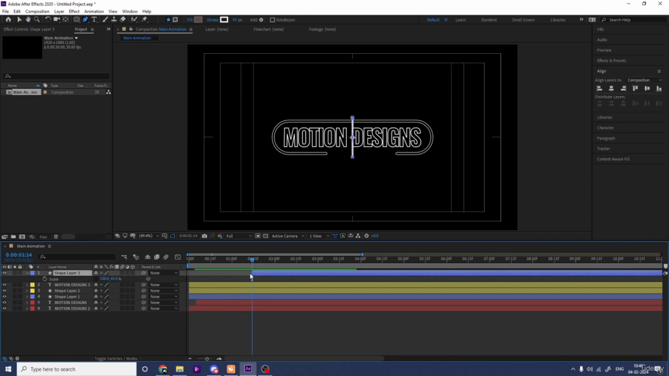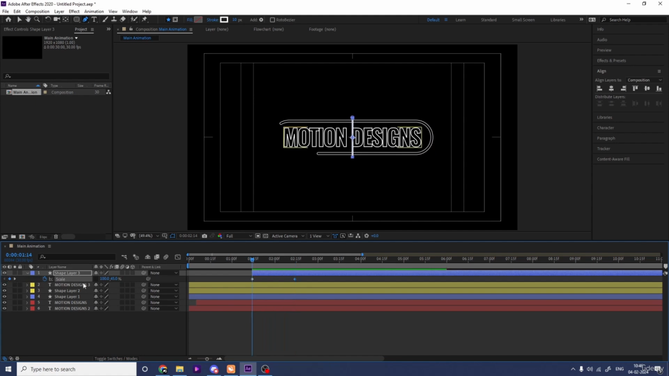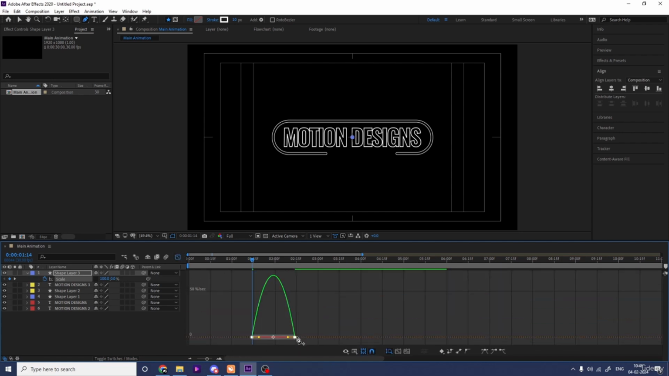Now select this and let's move this over here. Create one keyframe at scale, go a few frames forward, create another keyframe, go to the start and make this 0. Select those keyframes and hit F9. Go to the graph editor, select this graph. By holding shift, move